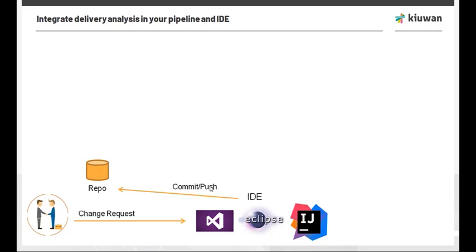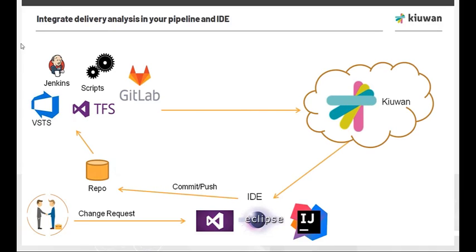Then we commit or push the changes to a repository. And then a continuous integration tool such as Jenkins or GitLab or Azure DevOps or Visual Studio can get the source code and then run a delivery analysis invoking Kiuwan. Kiuwan will